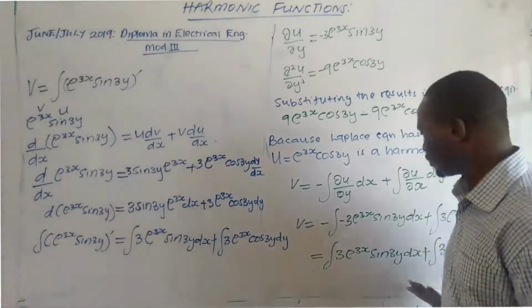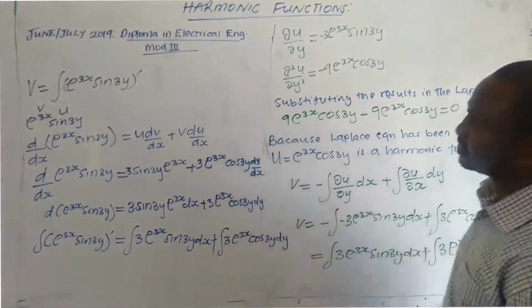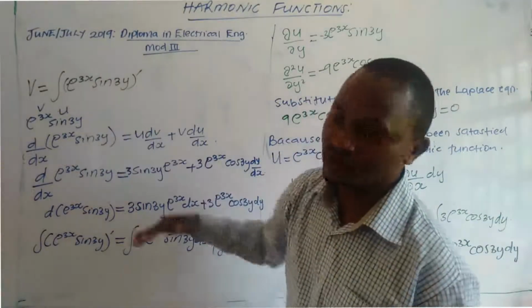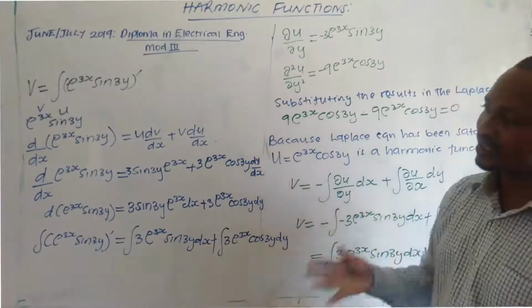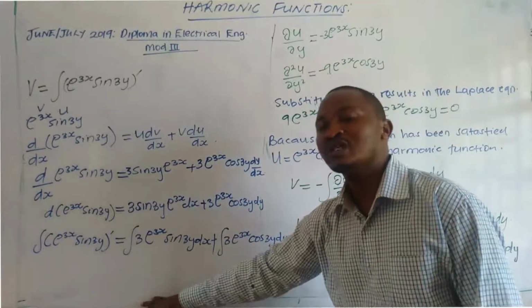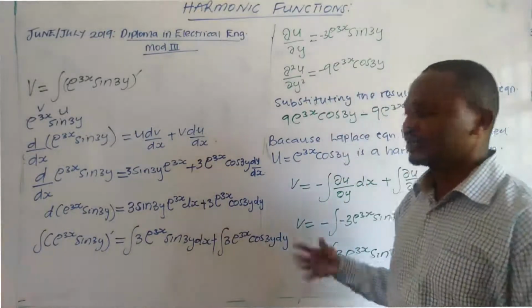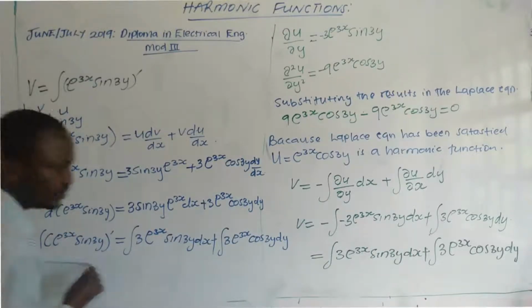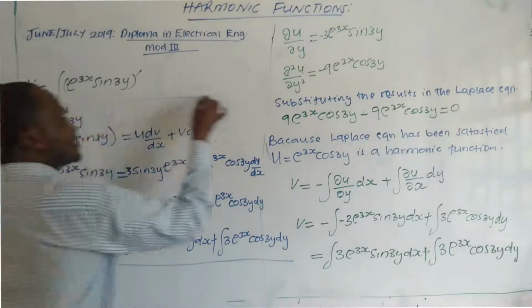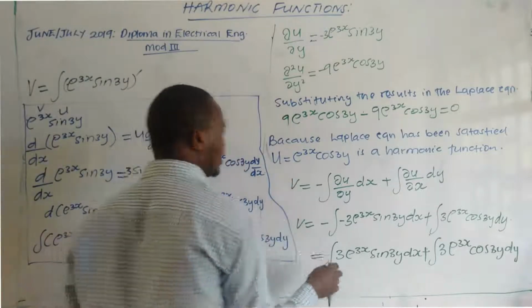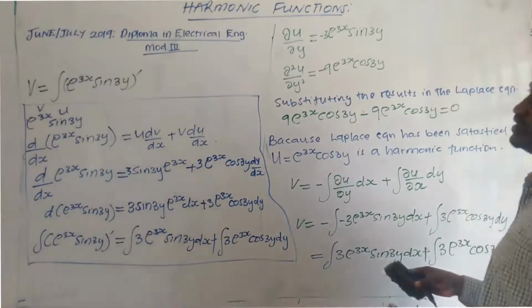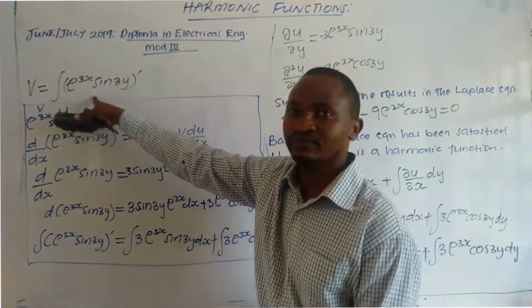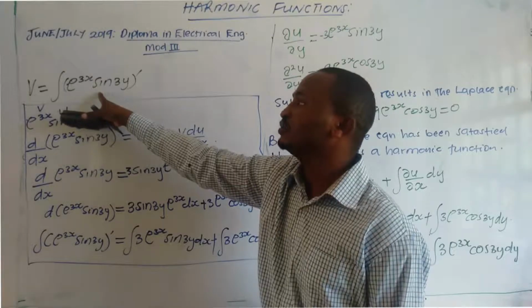You should be able to see from inspection that these will give you this. If you cannot see it directly, then in that case you need to do all this work to prove whether you are right or wrong. But you really need not do that. I have written these in a different color because it was not a very necessary part of our question. We are only doing it to help us understand why that is happening. Now let me go ahead with my problem here. This is what I wanted to integrate.